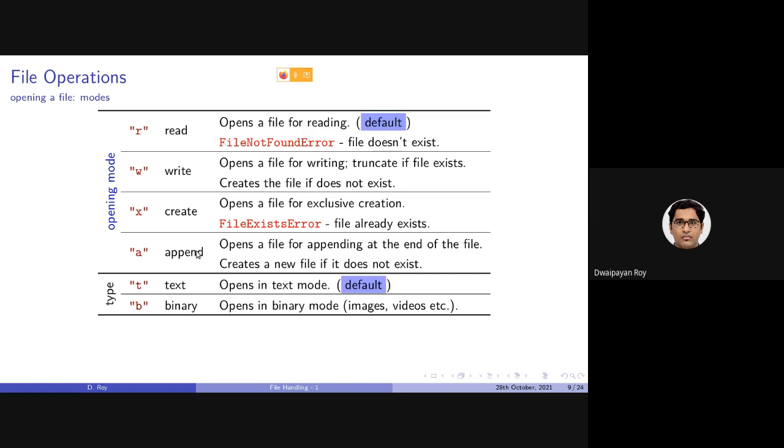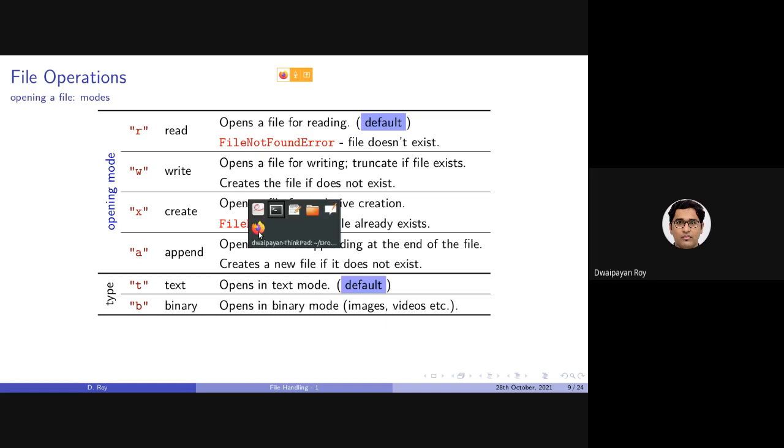The fourth mode is called append. If you open a file in the append mode, it will be opened for writing, and the content that you will be writing will be written from the end of the file. That is, the existing content will be staying there.